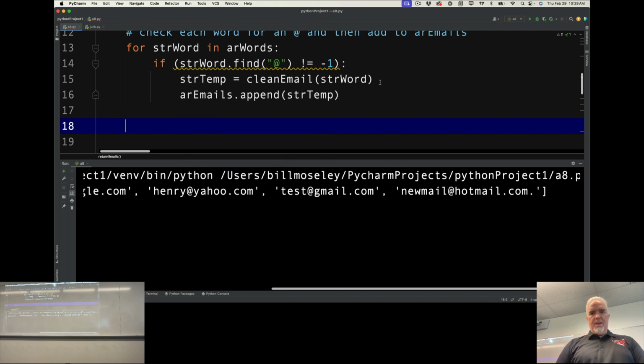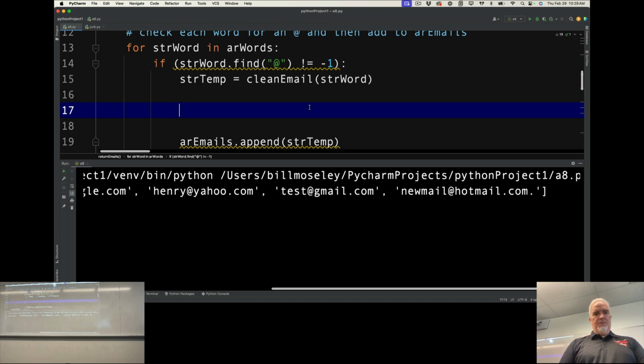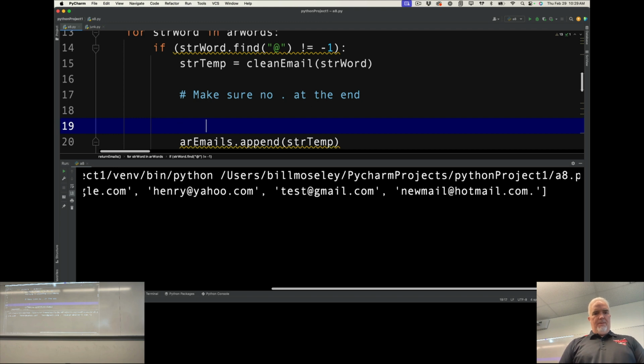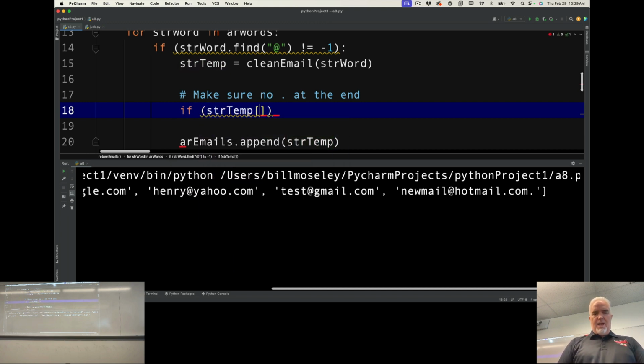you know what I'm going to do? Sorry. I'm going to do it inside here before I append it to the array. So right here, I'm going to say, make sure no period at the end. There we go. Before I append it. So let's say if strtemp, and I slice that, starting at -1, so the first part of the slice is the end character. I don't need to put anything else in that slice,